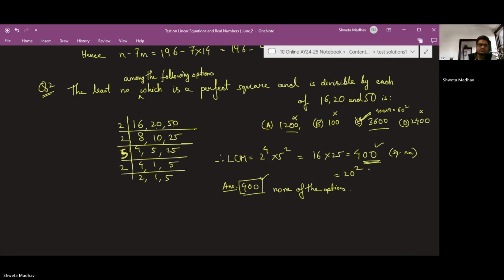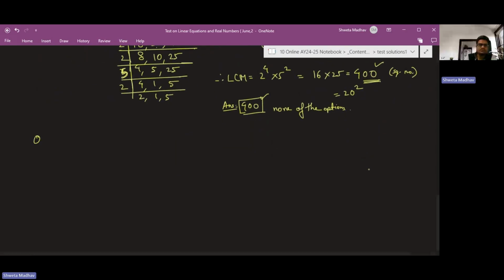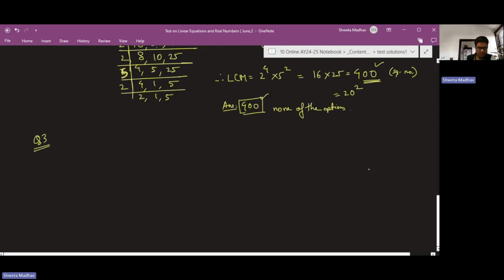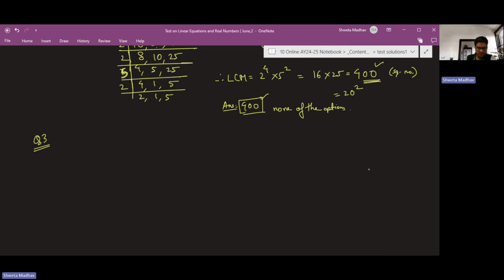So then in question number 3, it has been told that what will be the least possible number of planks if three pieces of timber